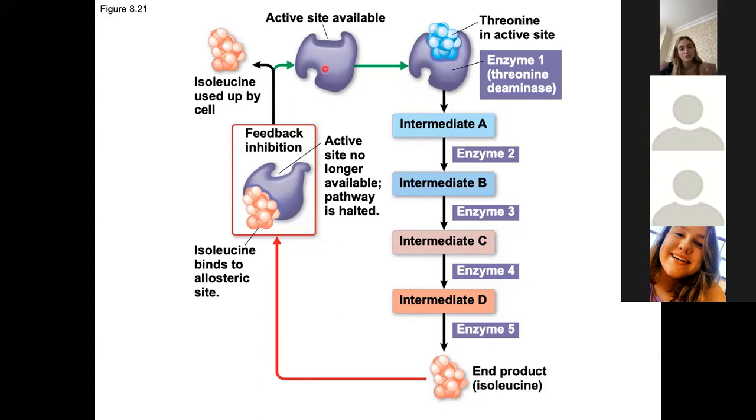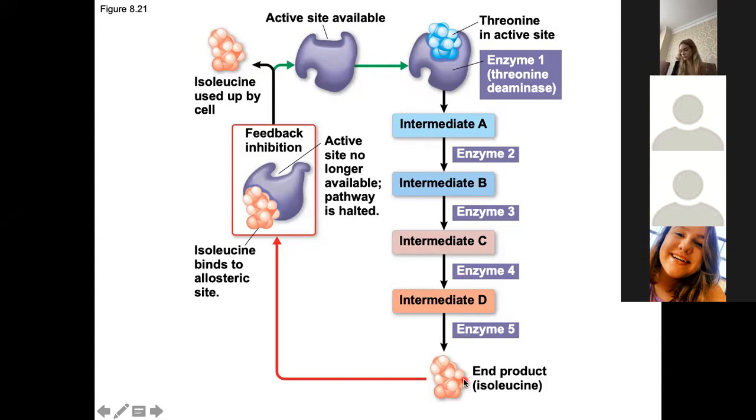When it binds here, it changes the shape of the active site, and the active site can't bind threonine anymore. So the more isoleucine I have, the more time this enzyme will spend unable to break down threonine. The less isoleucine I have, the more time this active site has available to break down threonine